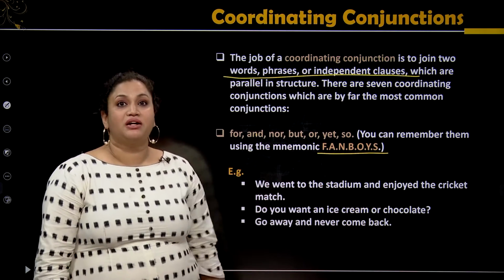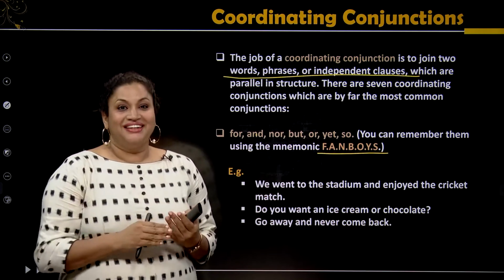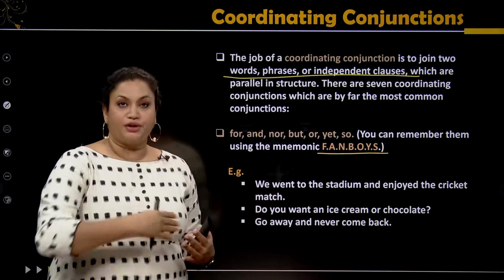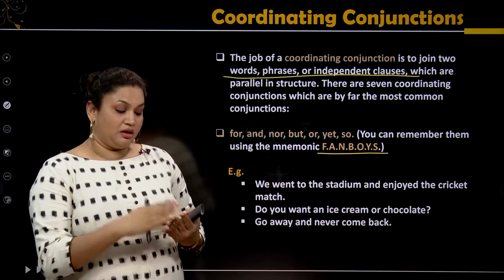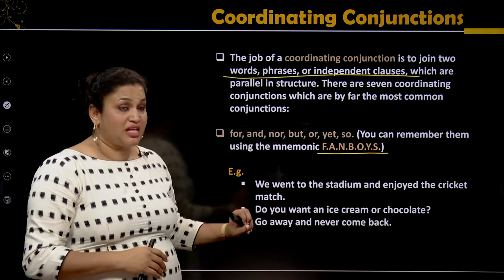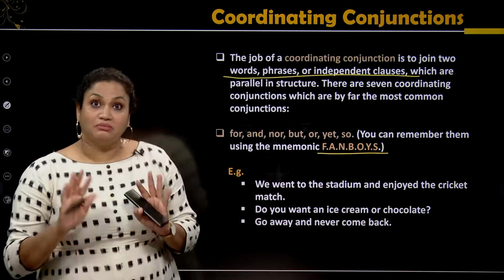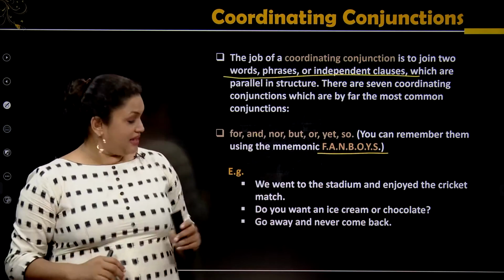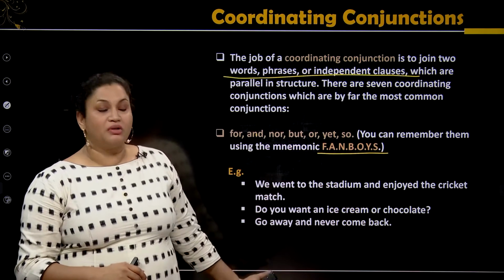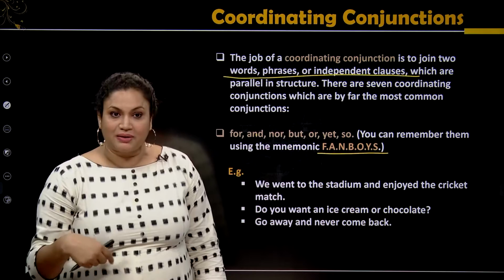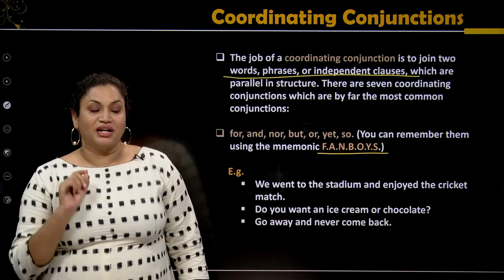Go away and never come back. So we don't say "go away and come back." "Go away" is me giving an order, and "never come back" is basically the structure. If I have to say please come back, I will say "go away but come back." But if I'm very angry at you or something like that, then I will say "go away and never come back." If I'm not serious, I will say "go away but come back." Clear? So that is how the nuances of the conjunctions are used.